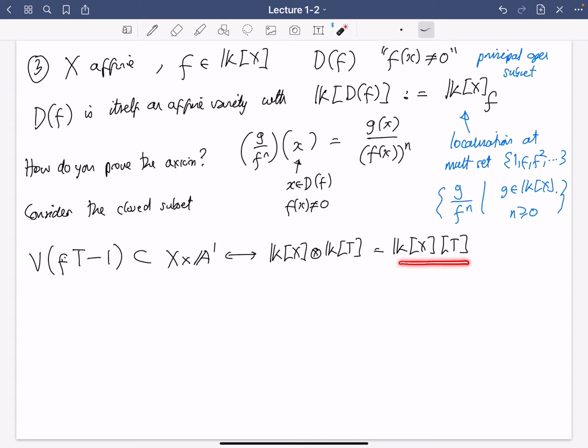I'm thinking in this formulation, this would be the polynomial f, the given element of k of X, tensored with t in this formulation of the coordinate algebra. Okay, so ft, that's a function on X across the affine line, minus 1, that's just the constant function taking every point to the number 1. So this is a closed subset. It's an affine variety